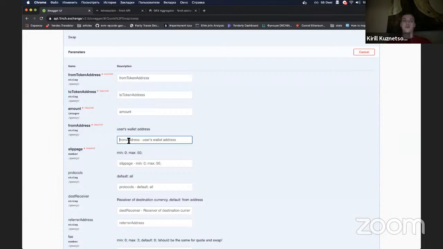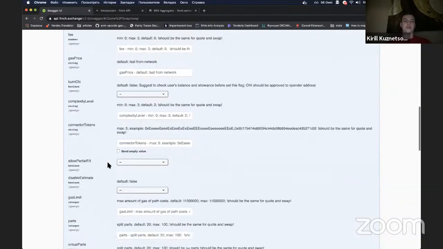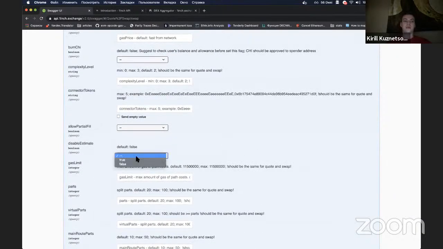And if you want to use swap call data through your smart contract, you need to set your smart contract address here, and also don't forget to set the disable estimate flag to true,